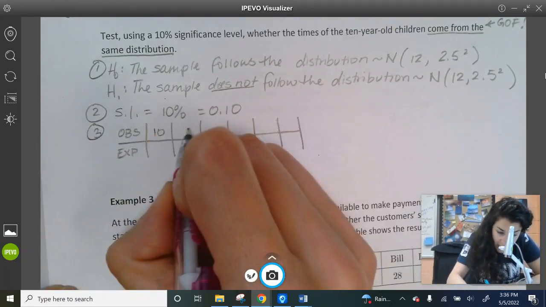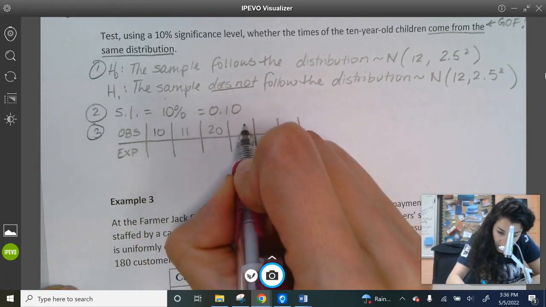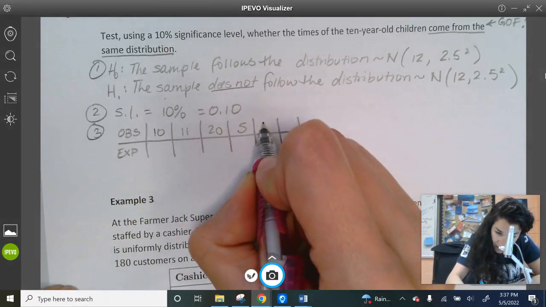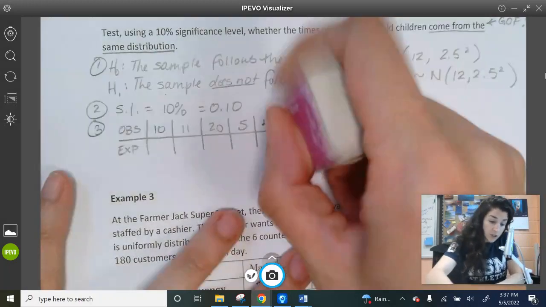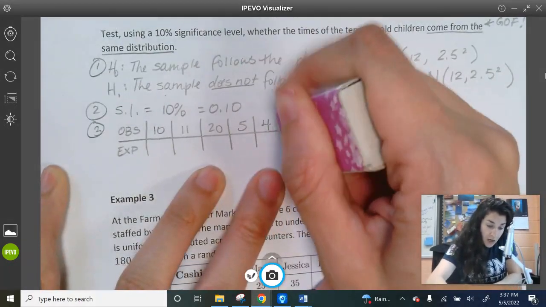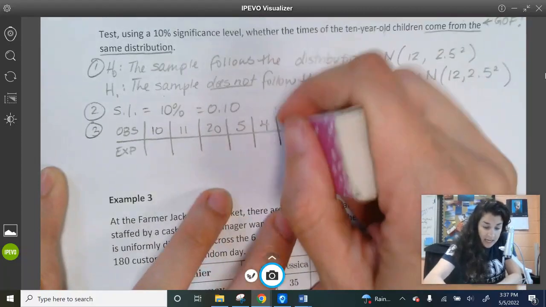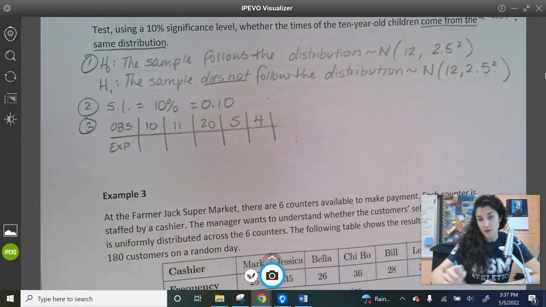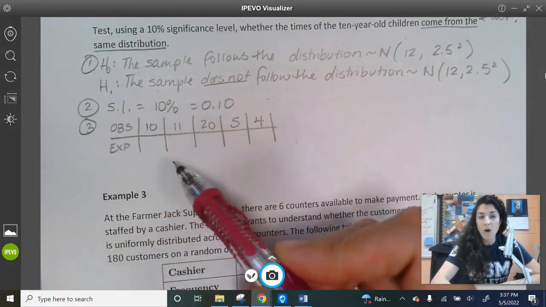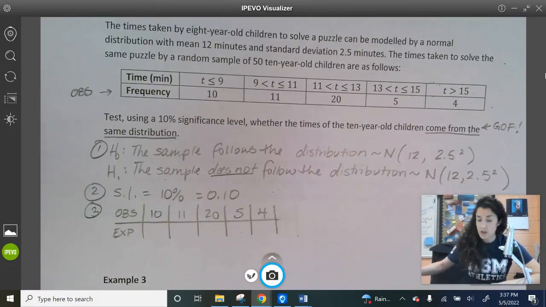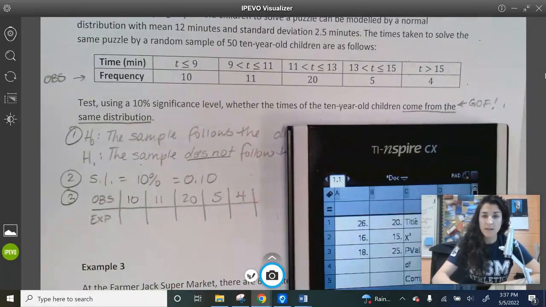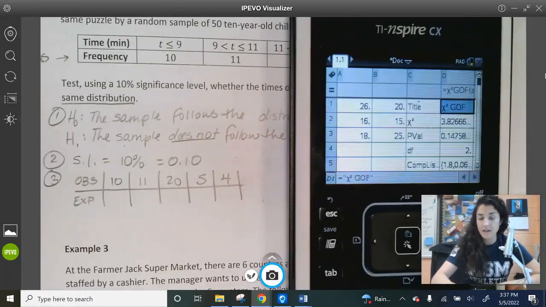So we observed 10, 11, 25, and then 4. That's what we observed in terms of the distributions. What we expected it to follow was a normal distribution. So what we have to do is figure out the probability of being less than 9. So if I were to go run that and figure out the probability of being less than 9,